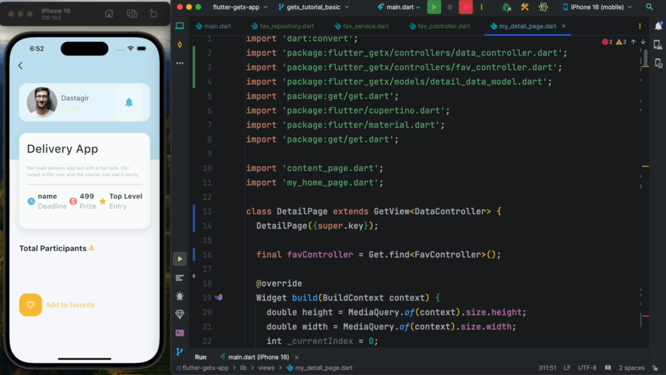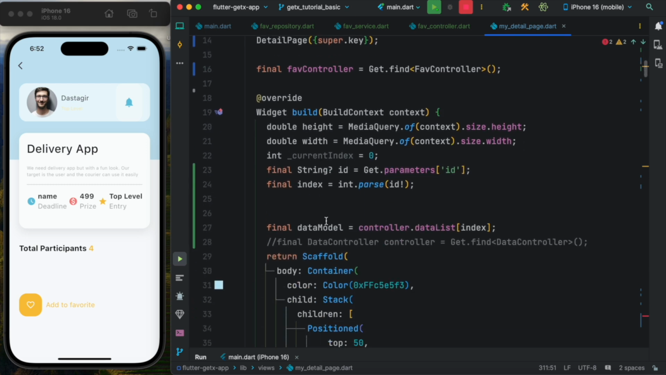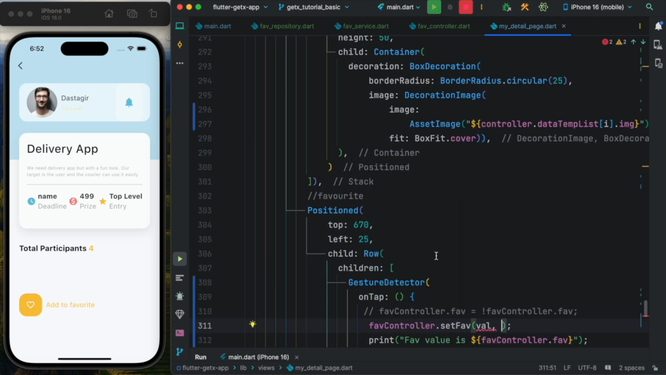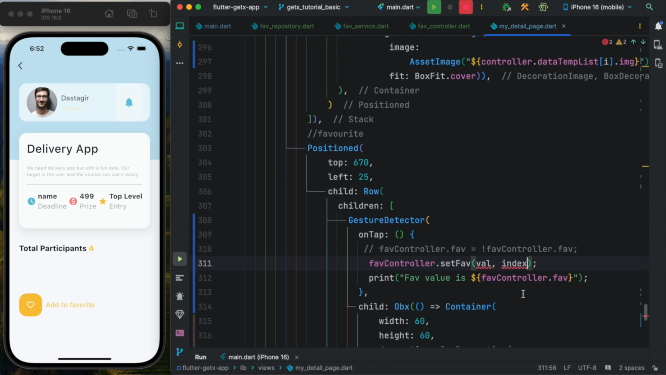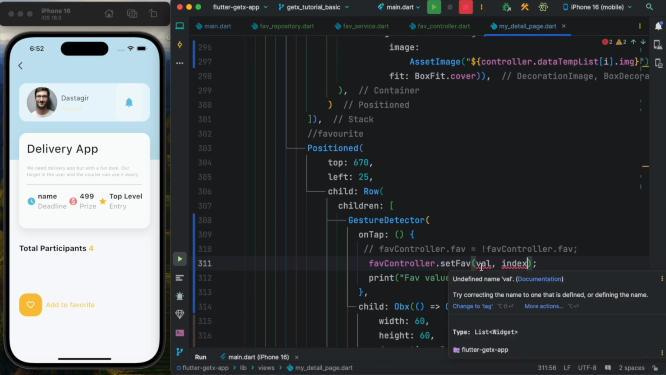Let's go at the top. I think this one. So this is the index that we want to pass. Okay, so we are already passing that one. So if you pass the index, you are good to go. All right, and